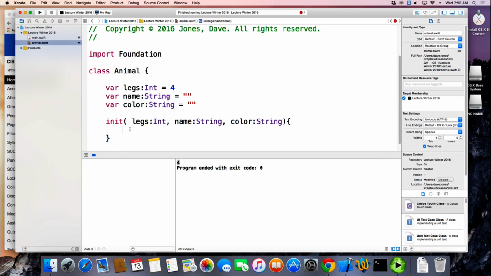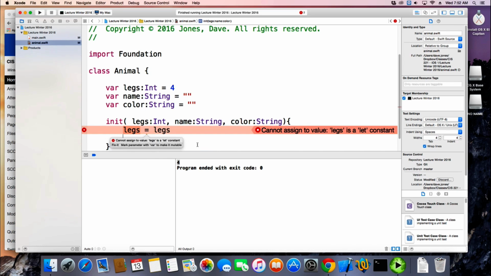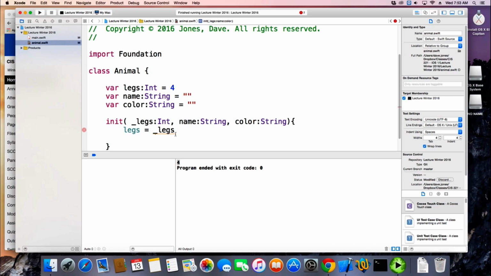And then inside of that, we can take these values and assign them to the local properties, right? The problem is, if I do this and put an underscore before, it says you can't assign it because legs is a constant, a let constant. It's thinking I'm assigning it back to this. There's no distinction. So the problem with doing the Java way by putting an underscore here is that when